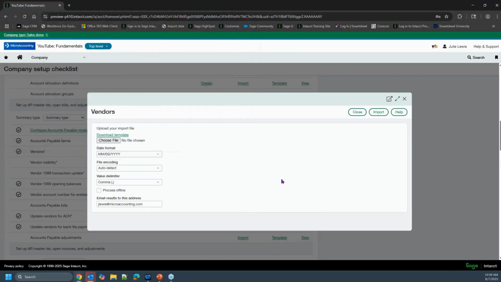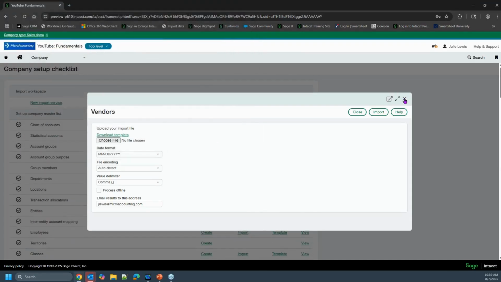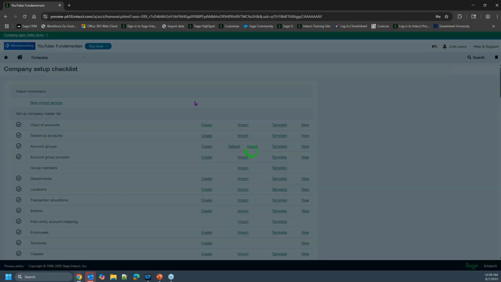I must not have my import tool set up. I apologize. Oh, here it is. Sorry, it's right up here. Now what you do is you'll go, if it loads, and this is called your import workspace. So if you're looking for it on the checklist,